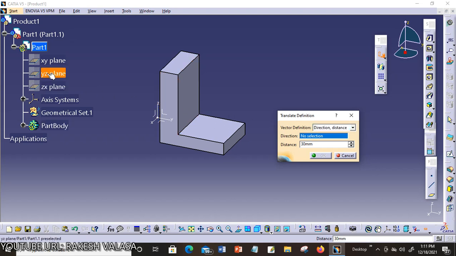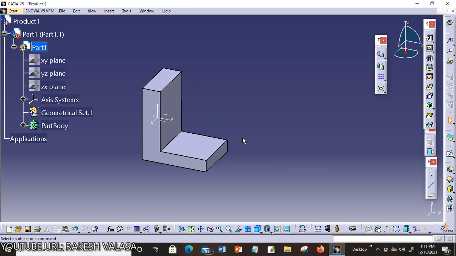I'm choosing the direction as this YZ plane. Next, you need to specify the translation distance. I'm taking 50 mm. Click OK. When you click OK, the object moves 50 mm in the specified plane direction.